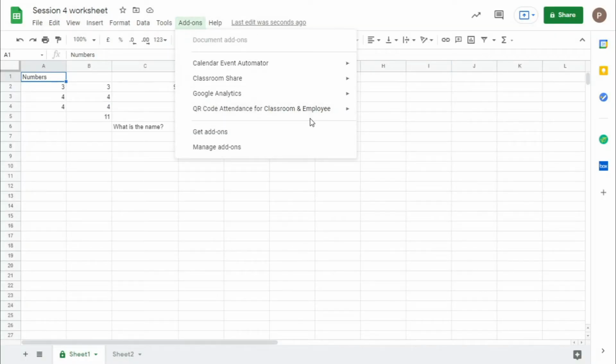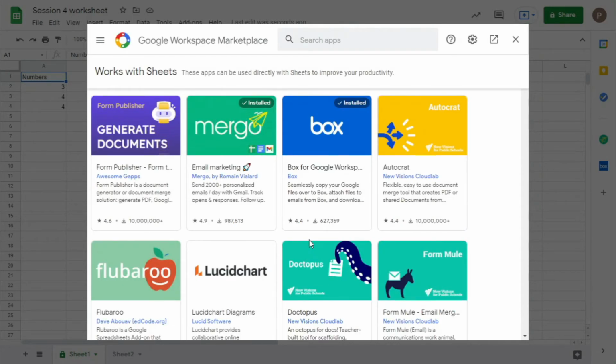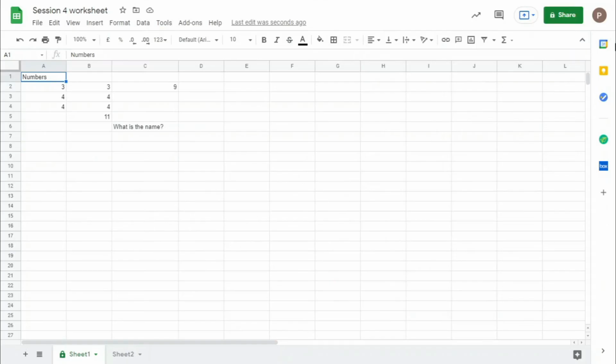Next, add-ons. Add-ons are one of the most useful features in Google Sheets. If you click get add-ons, there are lots of useful add-ons present here, and you can link these add-ons directly with your worksheet, and they will appear here.